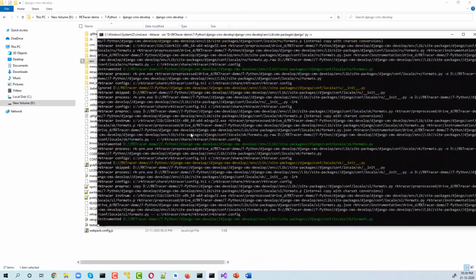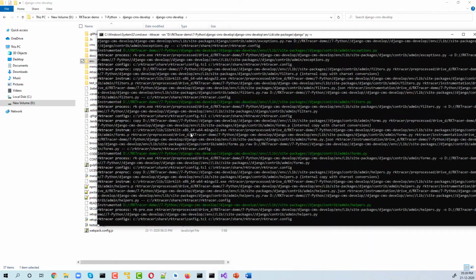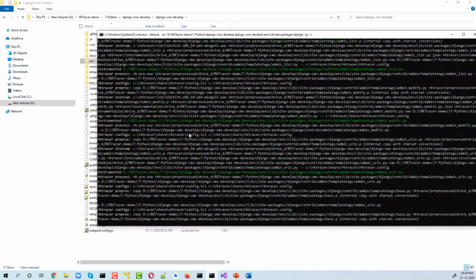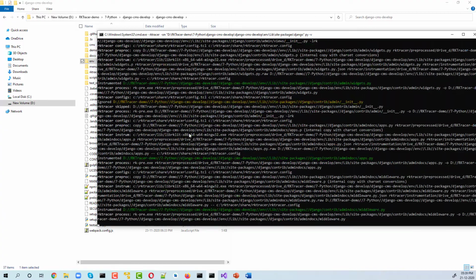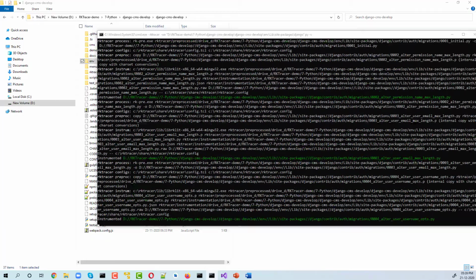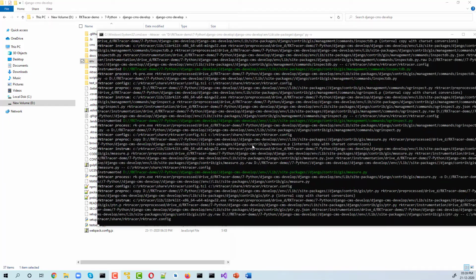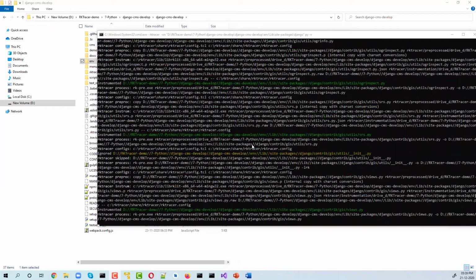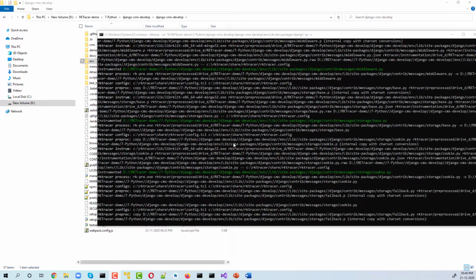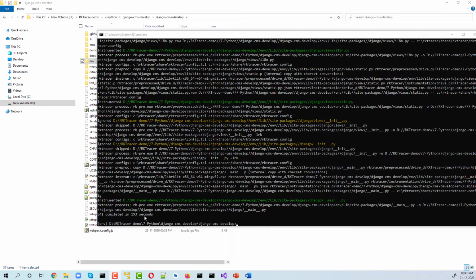Based on the system environment and the resources that we have, it's going to take a couple of seconds. Since it's Windows, it's pretty much slow compared to a Linux machine. On a Linux machine, it won't take more than 5 to 6 seconds. In total, it has taken 193 seconds to process this